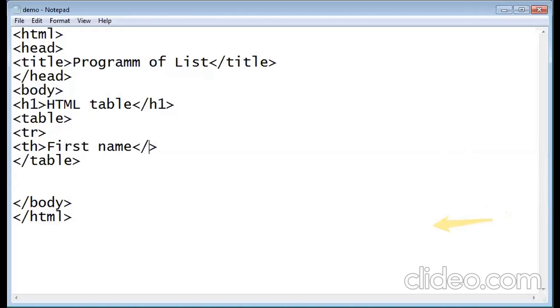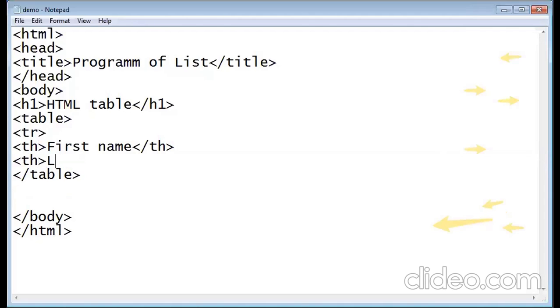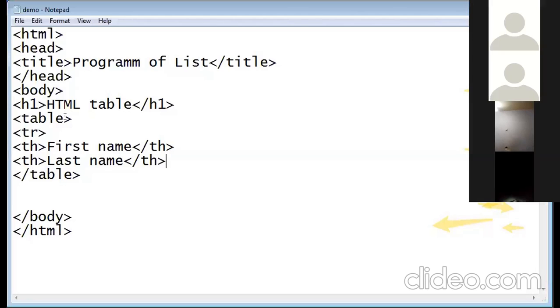Close the table heading. Second heading will be for last name. This will show you the heading of that particular table.